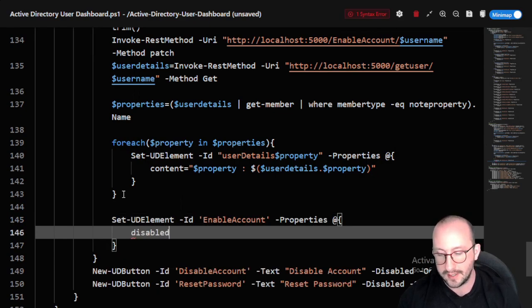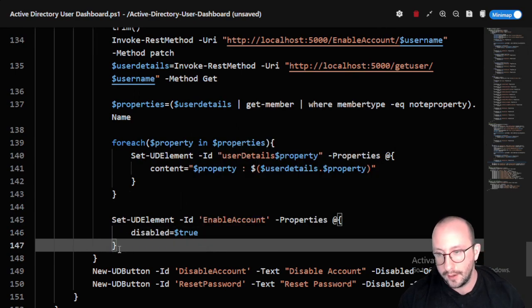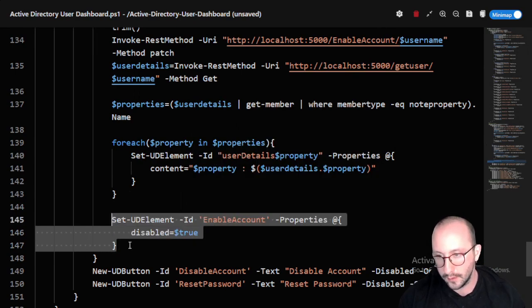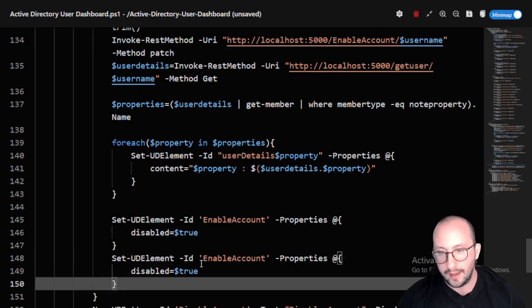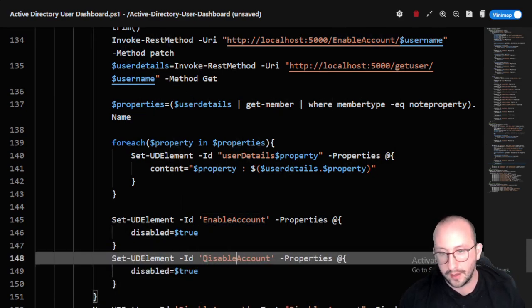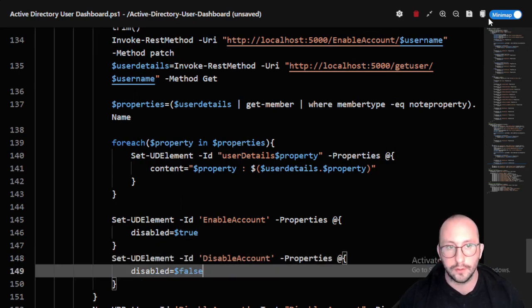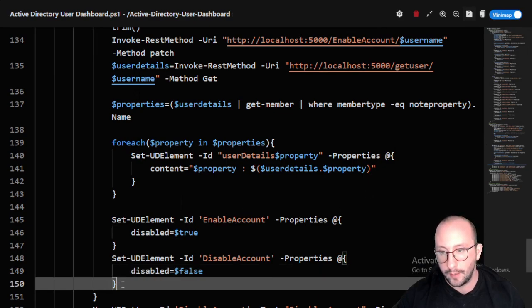And then disabled for the enable account button will be true because it will be already enabled. And then we're just going to copy paste that there and change the enable account to disable account and change the true to false. So if we save that here,